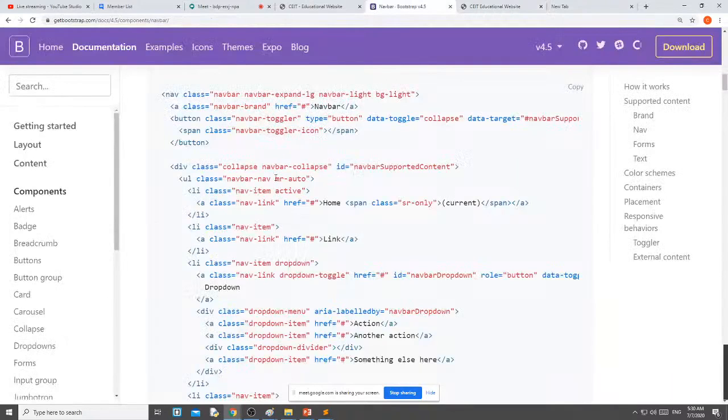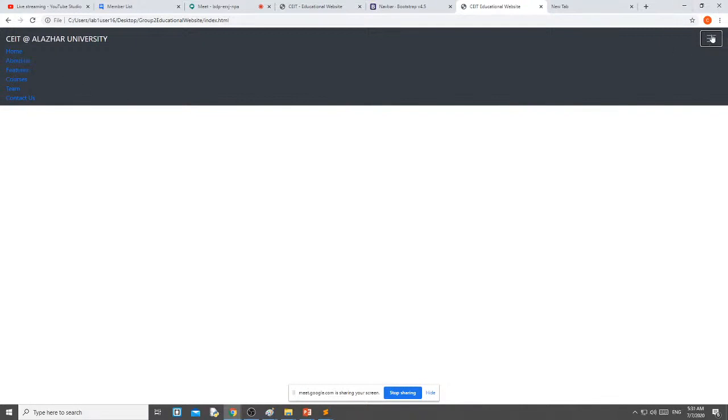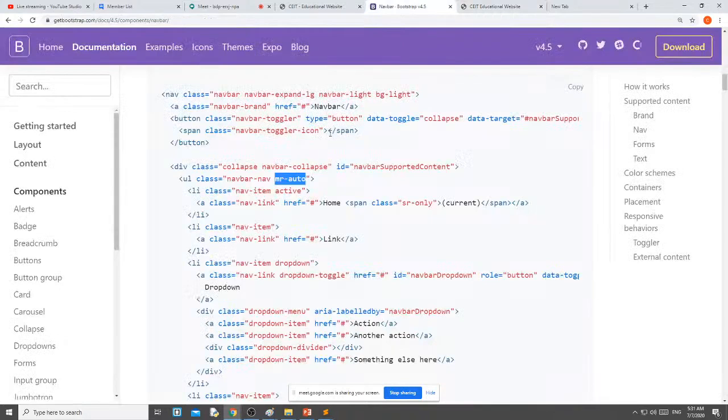Then suppose I want to make it visible on the right side, then I can use margin right auto. See, now in my website, when I click it, it is visible. Once I click the toggler button, it is invisible. If you want your items to be visible on the top side, then we have to use